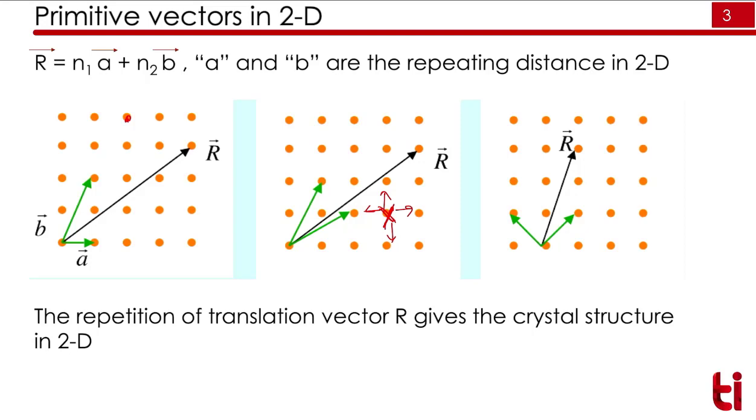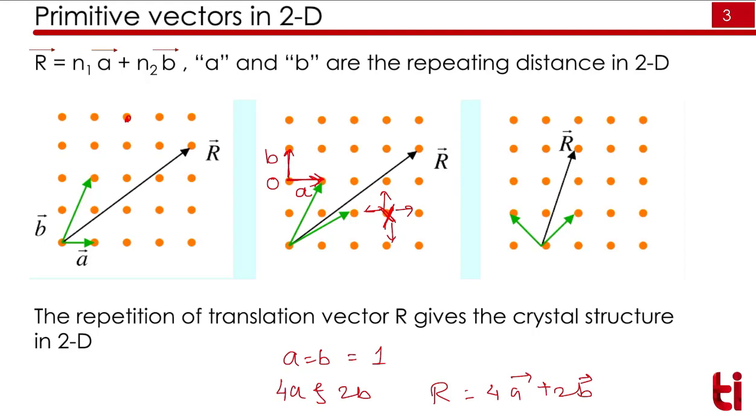So we will take a small example here. Suppose I have vectors here like this. This is the origin, this is A and this is B. Suppose A equal to B equal to 1, that is, they have unit length. If I translate this by 4A and 2B, my R will become 4A plus 2B. Now R, that is the resultant, is here.